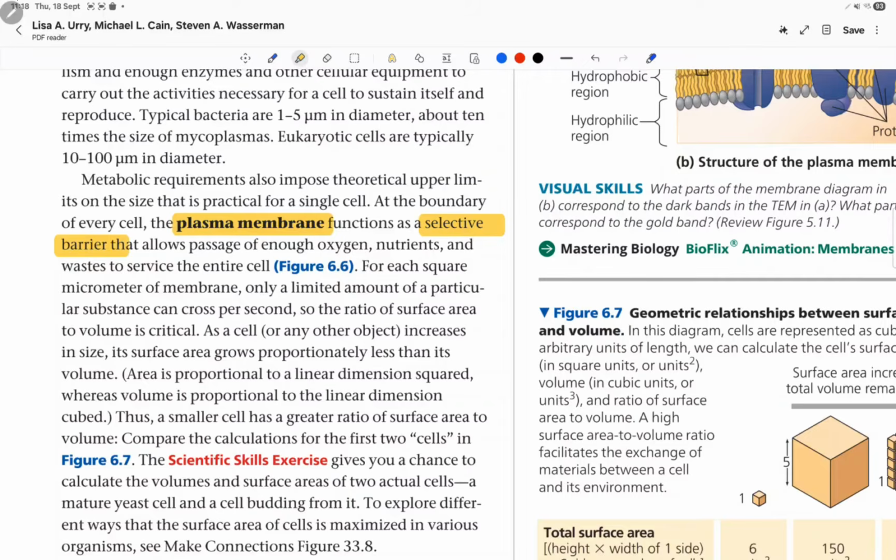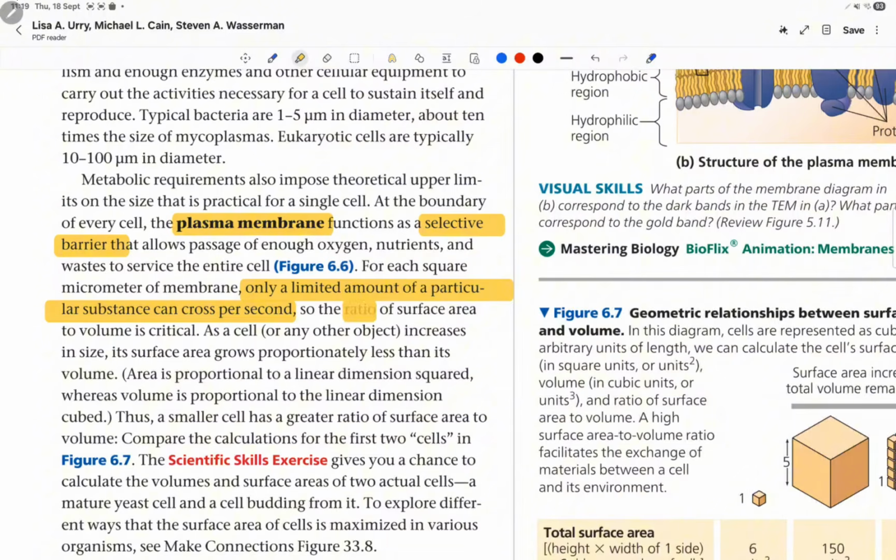It does not let everything in or out without controlling the rate. It will let you in, it will let you out, but at a specific amount. And some things will never go in, because the plasma membrane is going to be selective. Okay? And also, only some amount can pass per second, which will bring us to the next topic,